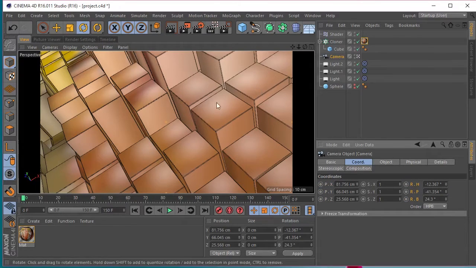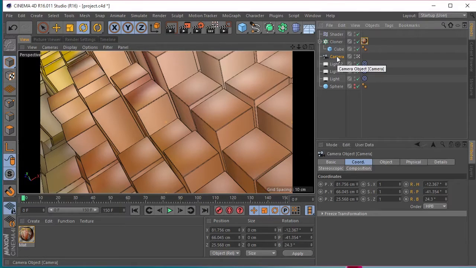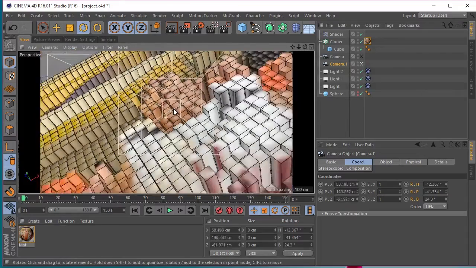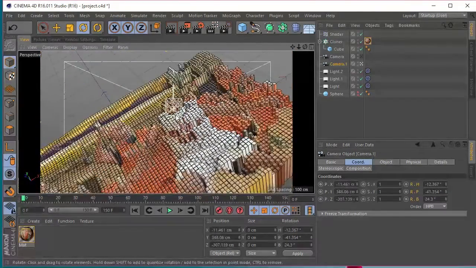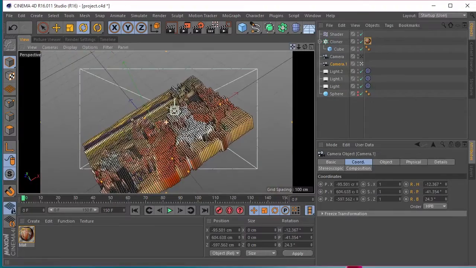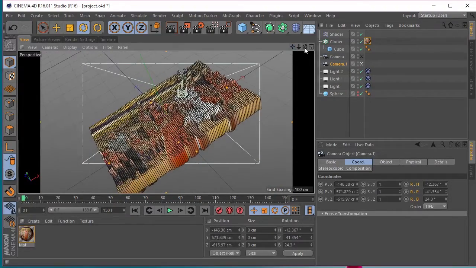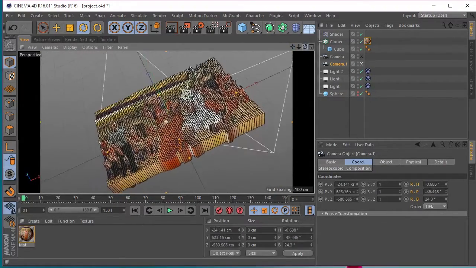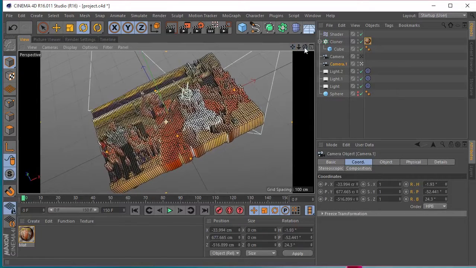What I'm going to do, instead of animating one camera, I'm going to use another camera tool just in case anybody's not familiar with that. So the first camera is going to be right here, zoomed in. So hit Control, drag this down, it creates a duplicate camera. I go into that camera, I'm going to zoom back, come right about here, level out the scene just a little bit,